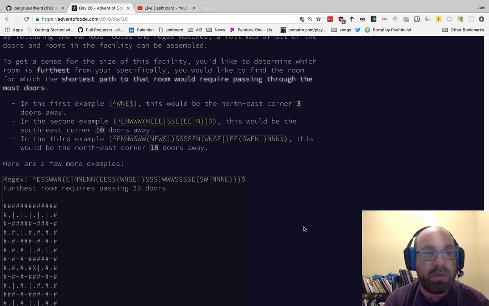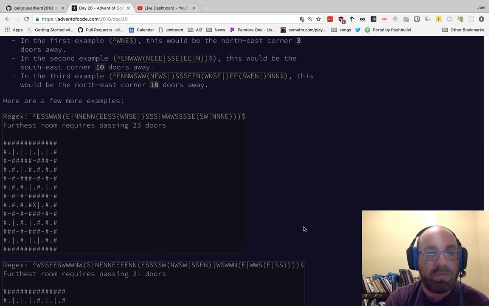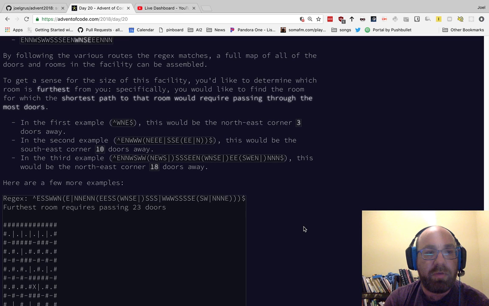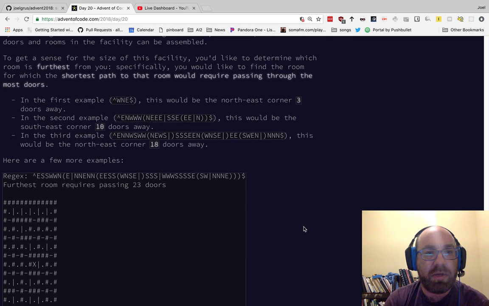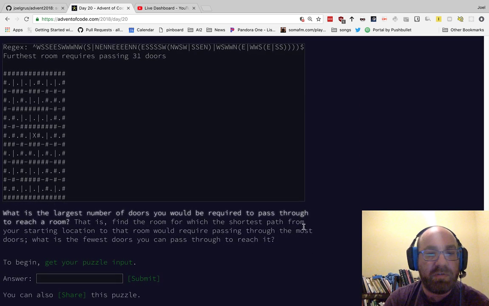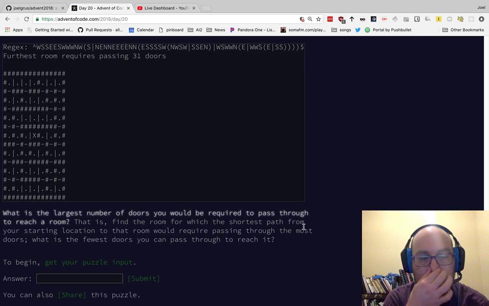In the first example, this would be the northeast corner, 3 doors away. In the second example, this would be the southeast corner, 10 doors away. In the third example, this would be the northeast corner, 18 doors away. Find the room for which the shortest path to that room would require passing through the most doors. What is the largest number of doors you would need to